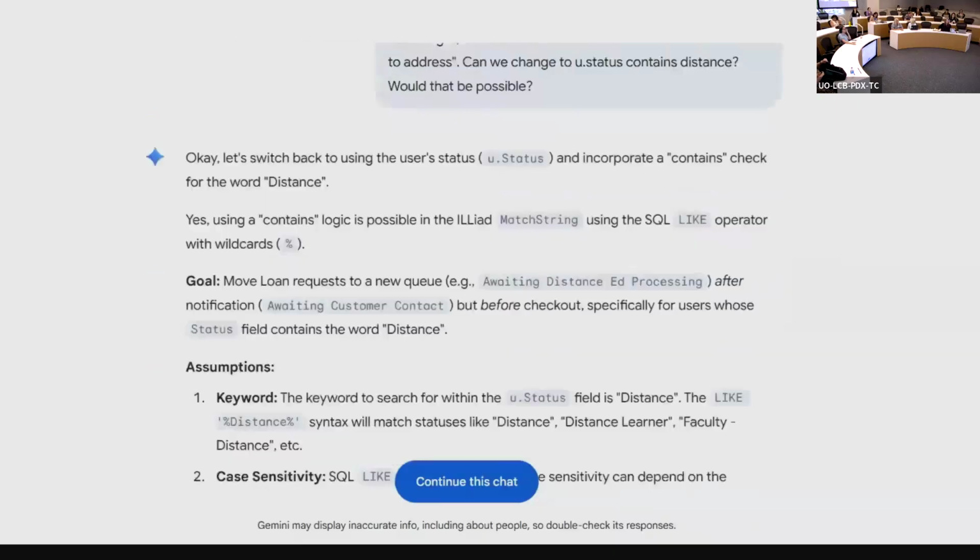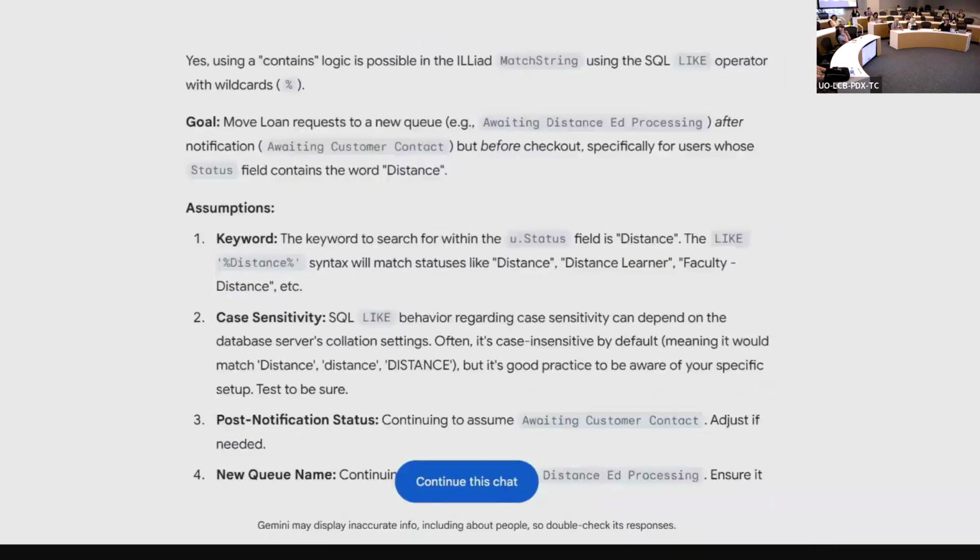And so rather than having all of those show up in the line, we can condense it down so that as long as the user status contains the word distance, that can make the rule a little more compact. So they figured that out, like distance, which means it contains distance.